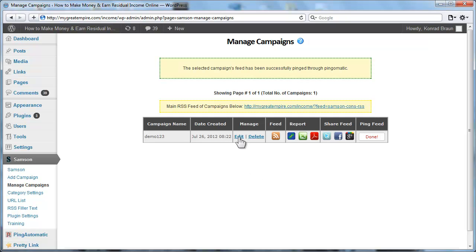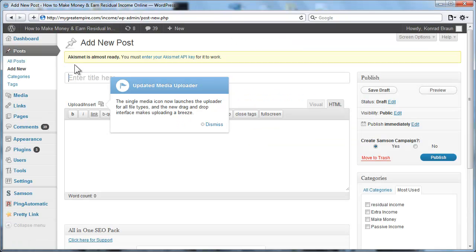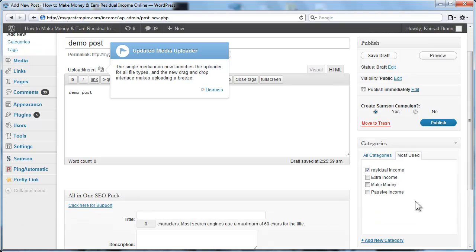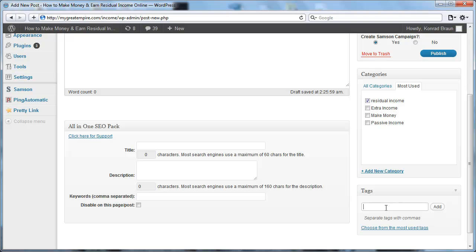But let me show you another feature. Let's click on create a new post, and let me just quickly type in demo here. Demo post, and we'll just select one category there. We'll just randomly add some keywords: money, cash, make money. This is a throwaway domain name that I use for testing, so I'm not too worried. I'll just use those 3 keywords, click add, and I will